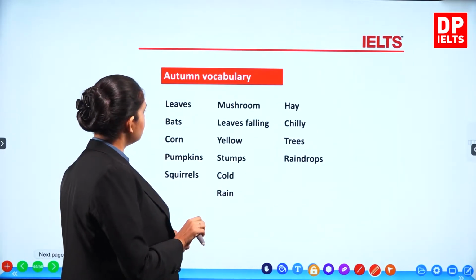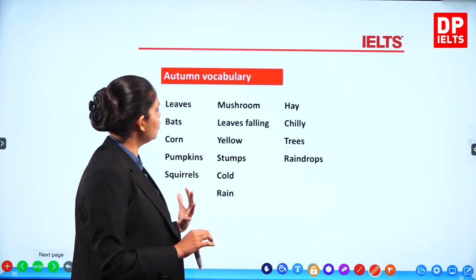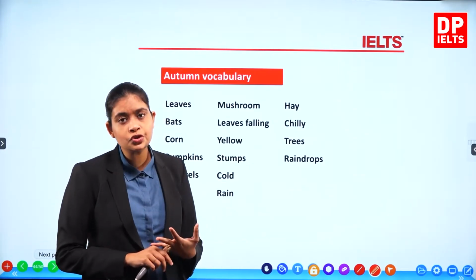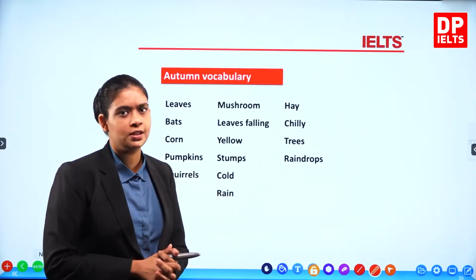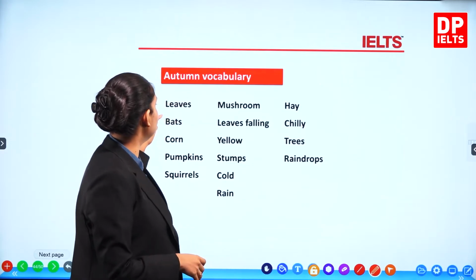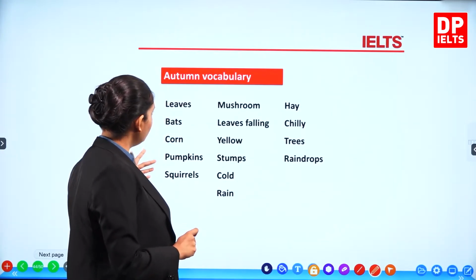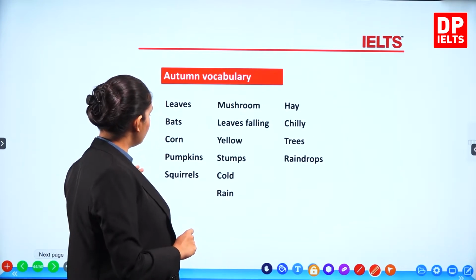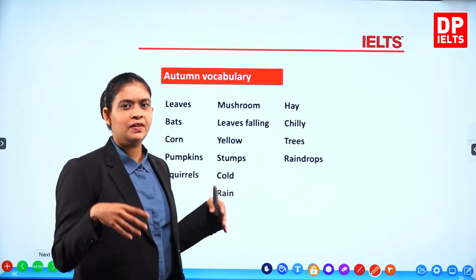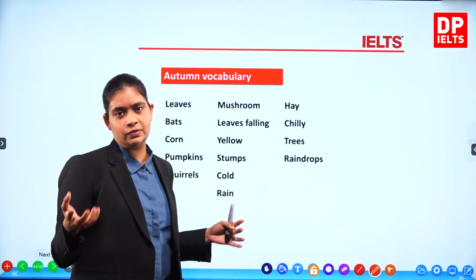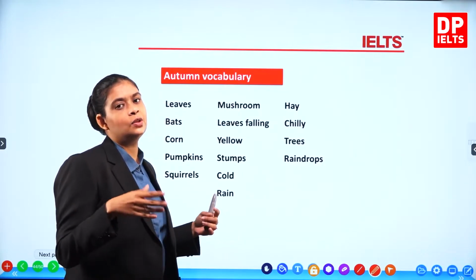Right, autumn vocabulary. Here we have some words that you could use to talk about autumn, or words that would come up when you talk about autumn, okay? You have the leaves, the bats, the corn, the pumpkins, the squirrels coming out. Not exactly coming out, but they're out there during that season, and then slowly towards the winter they go inside and don't come out.